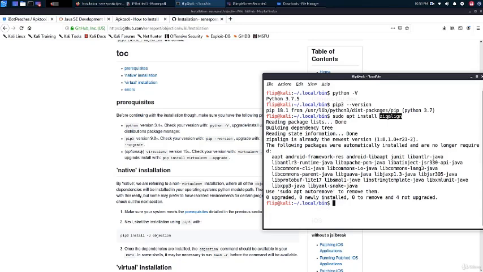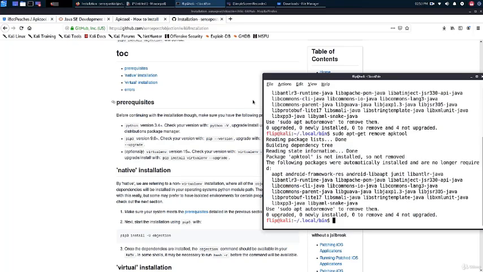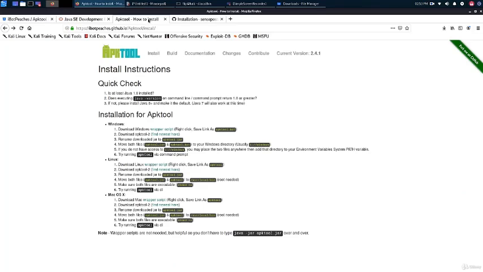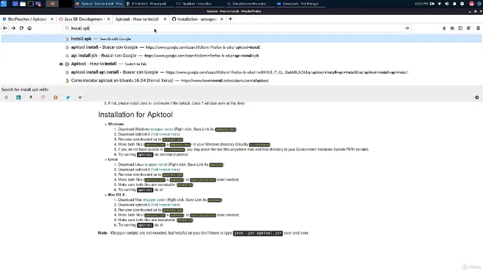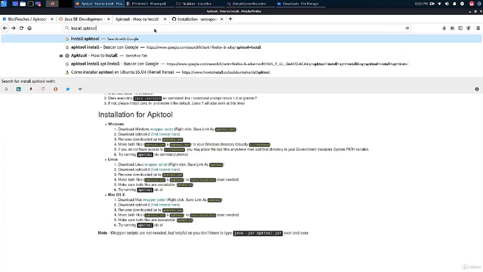Now, Objection uses apktool in the background. If you remember before, we installed apktool using apt-get. Let's actually remove apktool and install the latest version. So sudo apt-get remove apktool. The one we installed was actually an older version, and you may receive errors when running Objection. Anyway, this is a good exercise to show you how to upgrade apktool if needed.